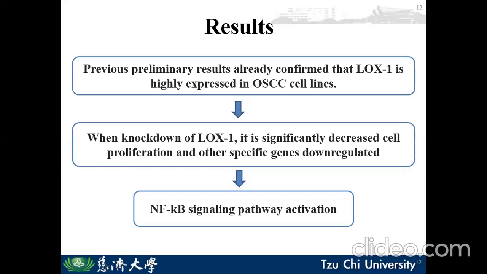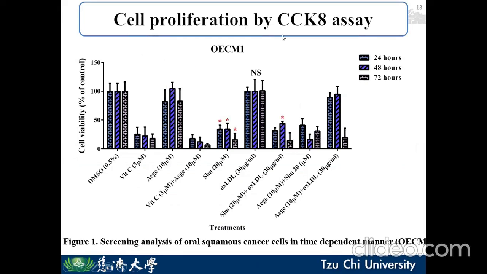The previous results were already confirmed, as shown at the end of the PPT. LOX1 is highly expressed in oral cancer by RNA sequencing, qPCR, and Western blot analysis. When LOX1 is knocked down, it significantly decreases cell proliferation and regulates other specific genes and activated NF-kappa B2. Cell proliferation was checked by CCK assay, with negative control, positive control,